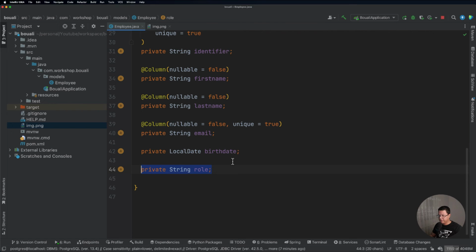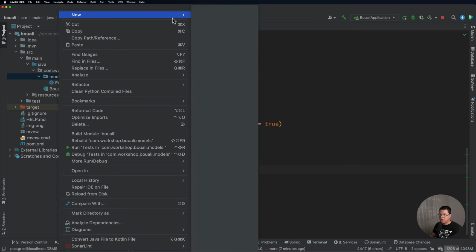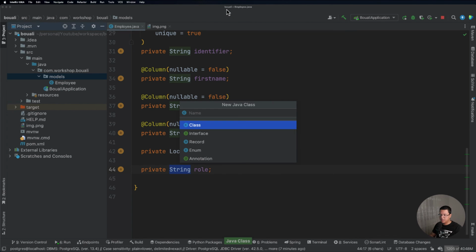Hibernate gives us really the opportunity and the possibility to do so. So for this one, we will go ahead and create an enum within the same package. So here, make sure you select enum and give it, for example, an employee enum.